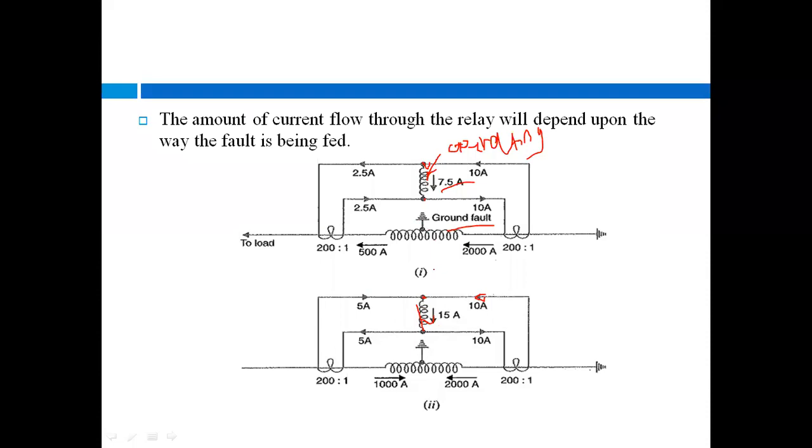And here actually the coil currents are given, that is 500 ampere and 2000 ampere, and for them the direction is the same. For these two currents the direction is the same, meaning the difference of these two currents will be measured here, similar to this only.